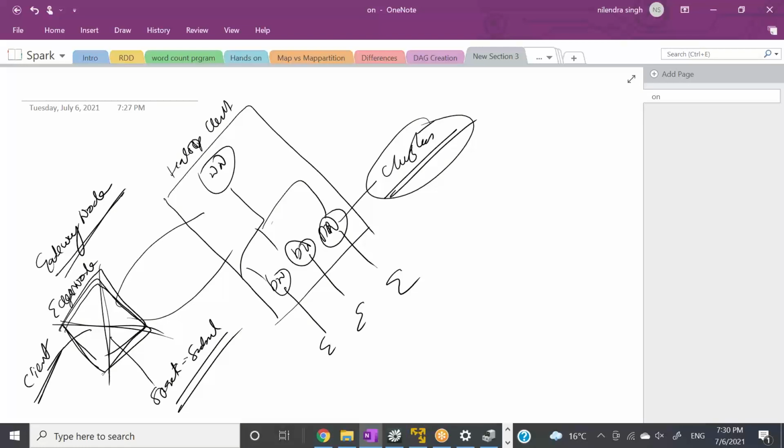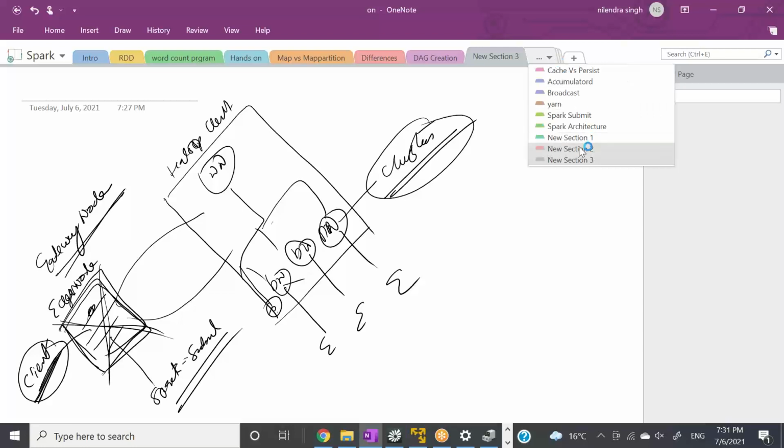So we will use client mode when we want to do some testing. Once testing is done, we have seen the result on this machine. So let's say we are running in client mode, right? So all the result will come here and we can see the result. If we feel good, then we can change this mode to cluster and we'll run it on the cluster. In cluster mode, the driver can run on any of the nodes. Let's say here or here, somewhere. It is not in your control. The cluster will take care of it on your behalf. So this is the difference between client and cluster mode.